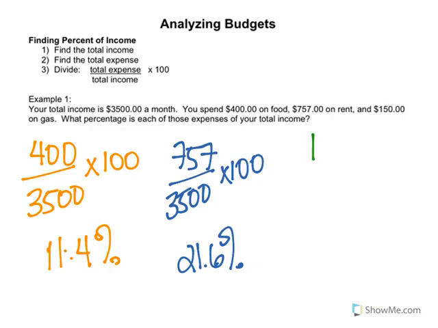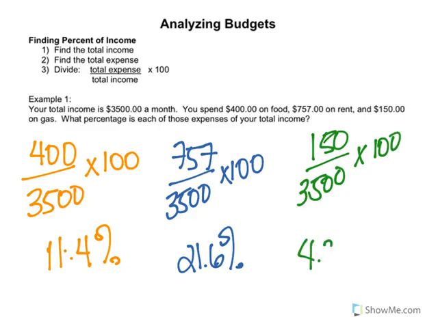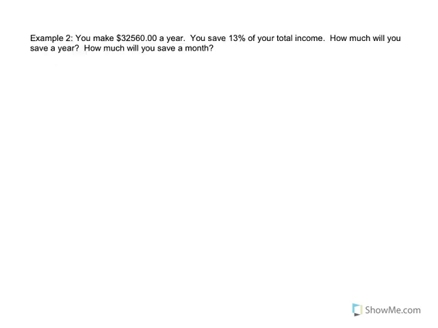Seems pretty reasonable. And lastly, 150 divided by 3,500 times 100, 4.3%. So this is just how we calculate those percentages. Example 2. You make